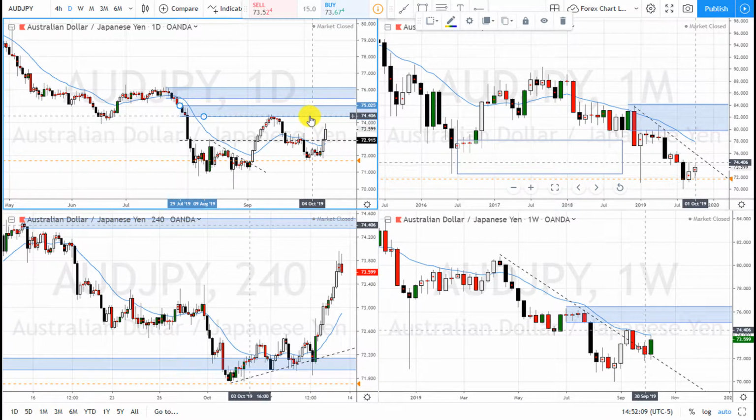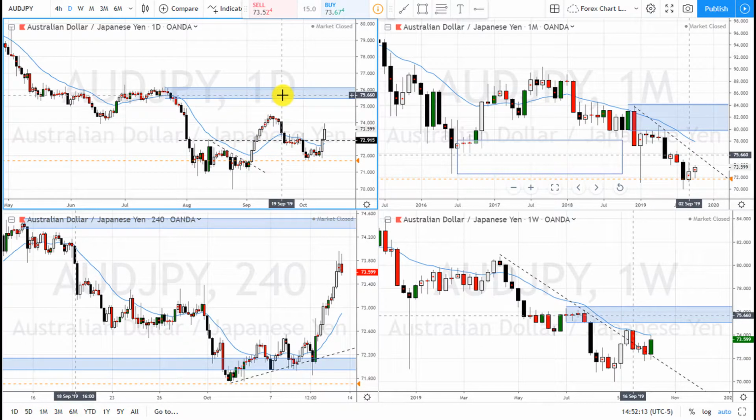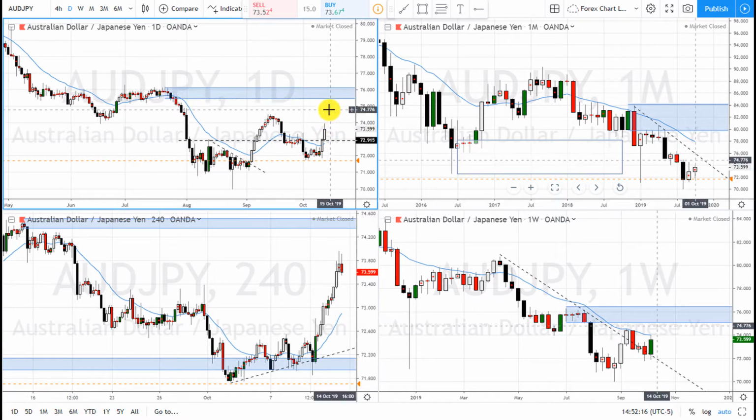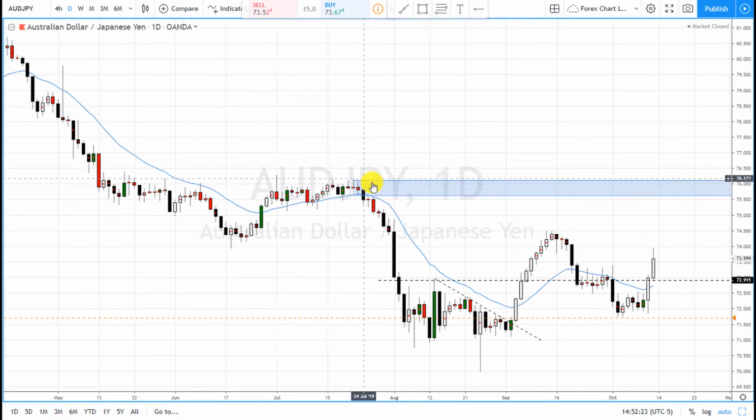So this area is no good anymore because it's been tested and momentum has changed. But this area on the daily, I'm expecting it's not very strong at all. As you can see, it's just drop base drop all the way down here. So this area is not that strong. So I'm expecting price to go in, to hit it, and then